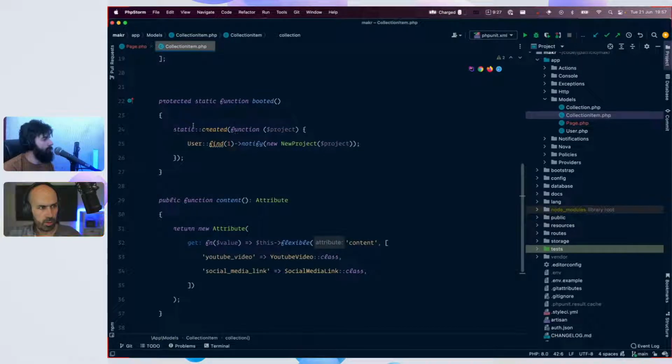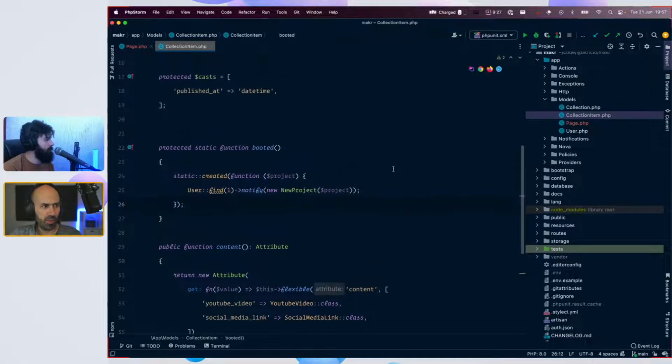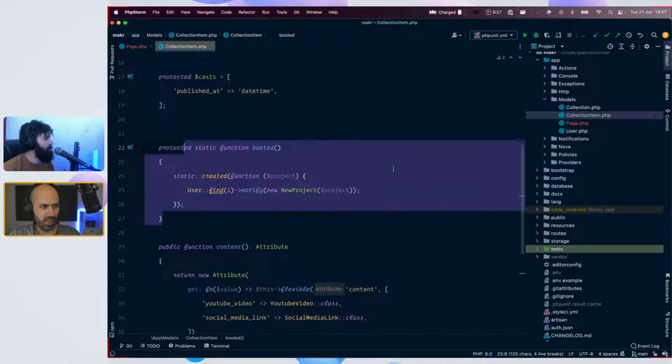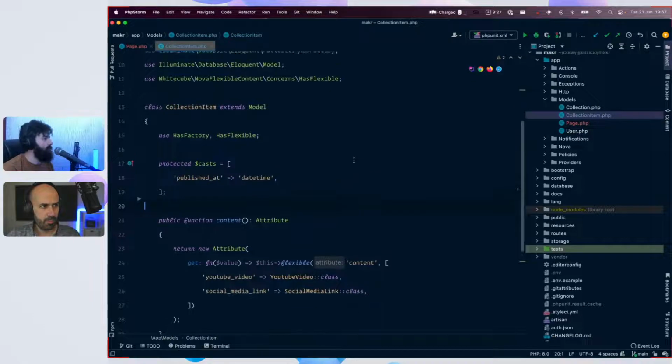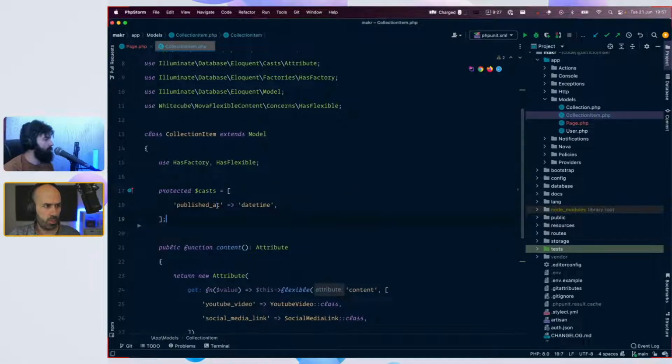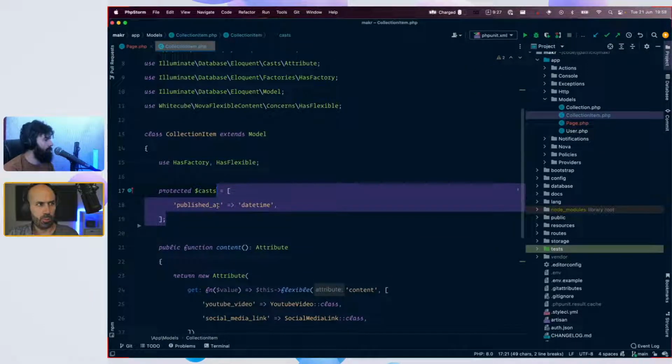So this we can remove, right? It was just to validate the notification. Yes, we can remove that. Since the beginning for the experiments, yeah? So these casts can go away. No, they cannot, because this is collection item.